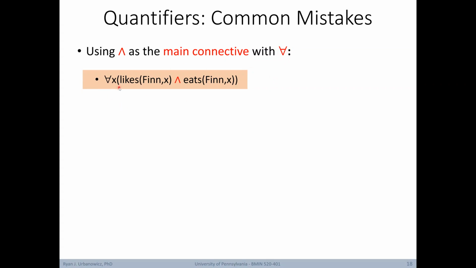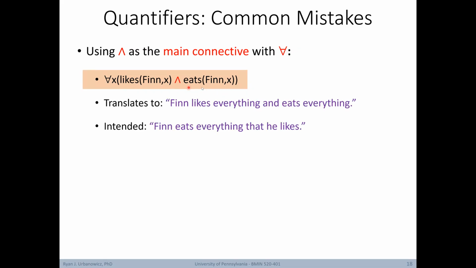For all x, Finn likes x, and Finn eats x. This statement would be translated to Finn likes everything and eats everything, when most likely we meant Finn eats everything that he likes. It's not that we can't use this expression, we just have to be careful translating our meaning